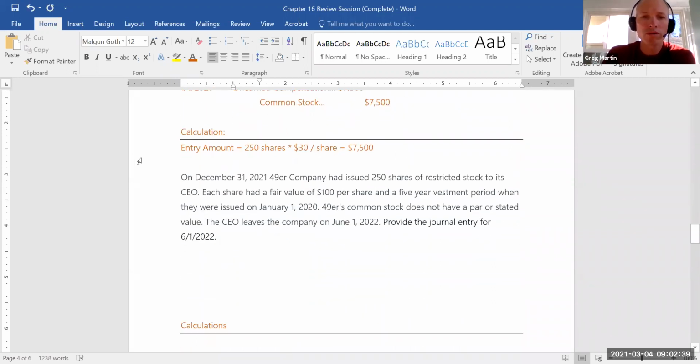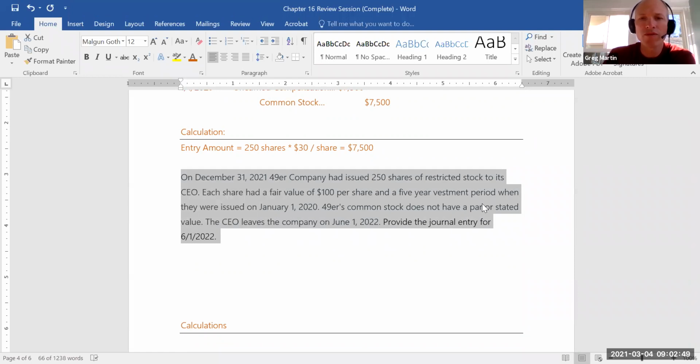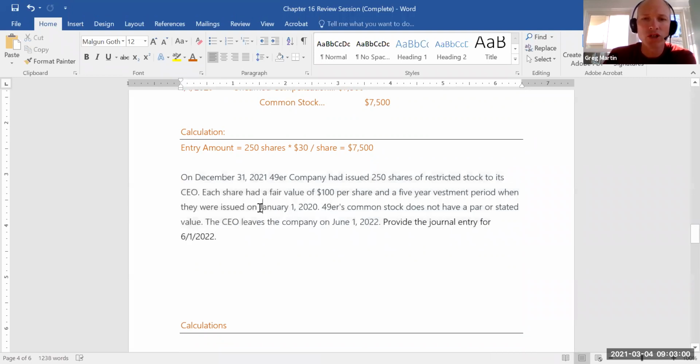And so lo and behold, on the very next problem, now we've got an issue. All right. So on December 31st, 2021, 49er Company had issued 250 shares of restricted stock to its CEO. Each share had a fair value of $100, and there was originally a 5-year vestment period. And they were issued originally on January 1st, 2021. There's no par value or stated value. Now the CEO leaves the company on June 1st, 2022, and we need to provide the journal entry for when